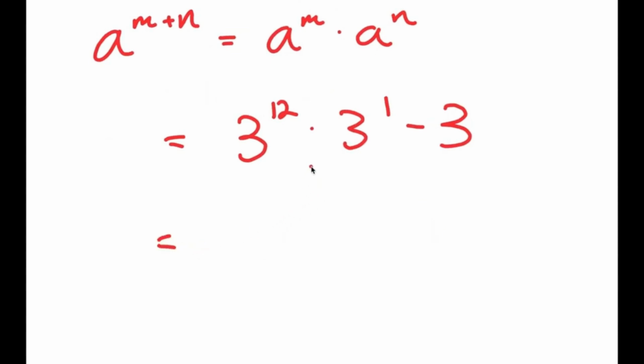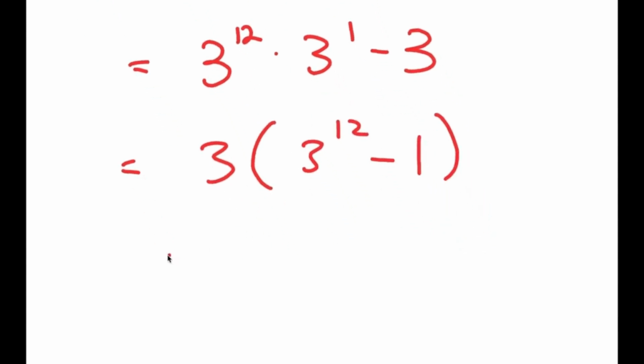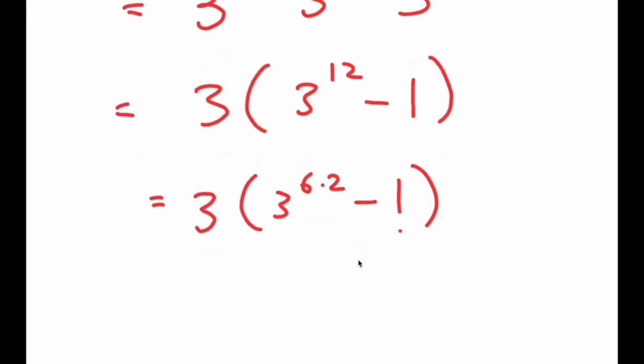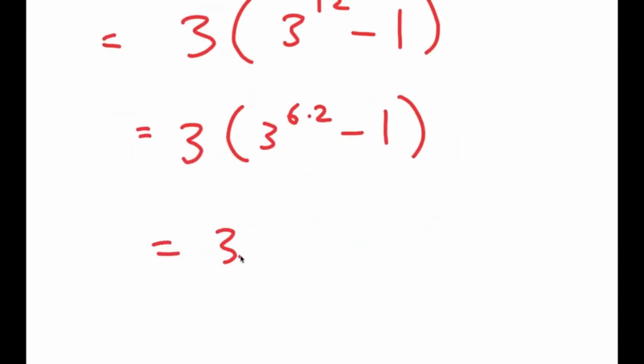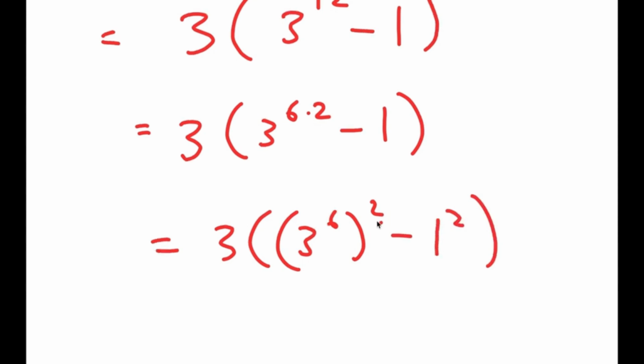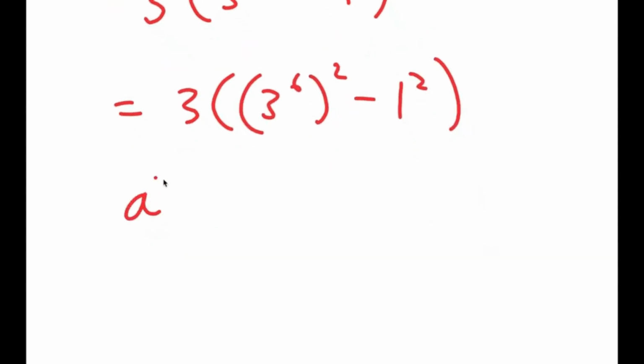And from here, I can factor out 3. So I get 3 times 3 to the power of 12 minus 1. Now 3 to the power of 12, I'm going to rewrite as 3 to the power of 6 times 2. And that's equal to 3 times 3 to the power of 6 squared minus 1 squared. And I'm writing this like this because now I can use the property a squared minus b squared is equal to a plus b